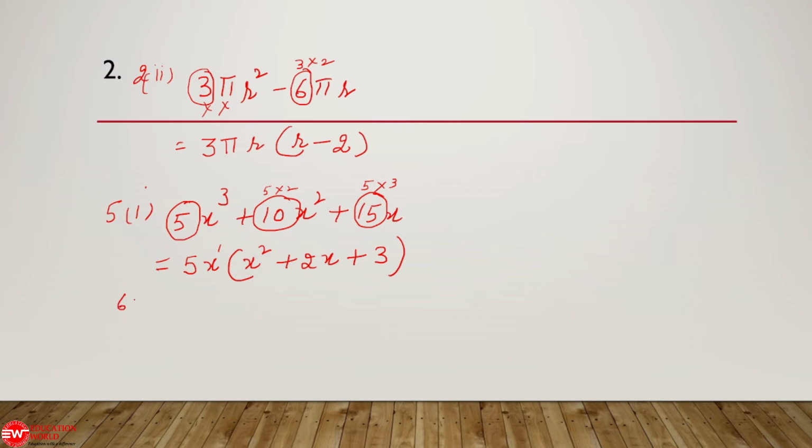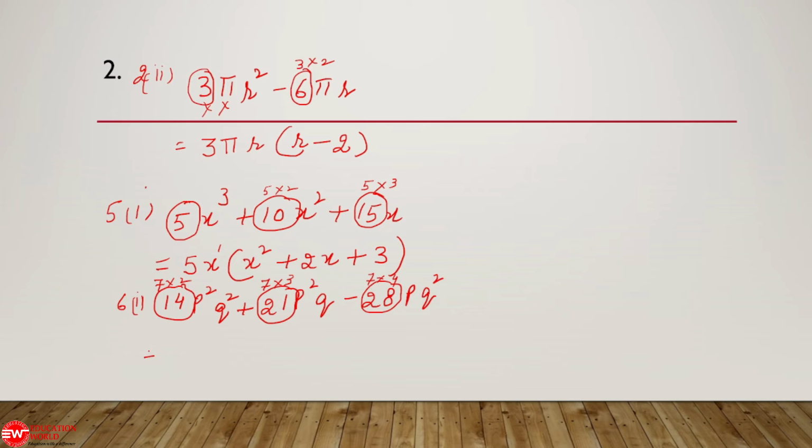So we will do 6th question, first part, when more variables are involved in place of 1, because there it is only one variable x. So 14 p square q square plus 21 p square q minus 28 pq square. See here, this is 14. 14 I can write as 7 into 2. This is 21. This I can write as 7 into 3. And this is 28. So it is 7 into 4.